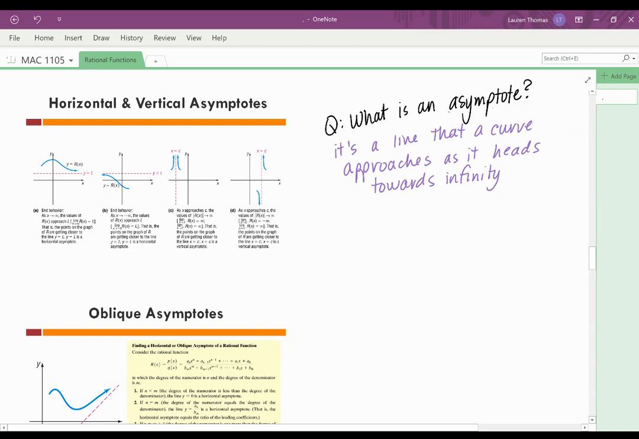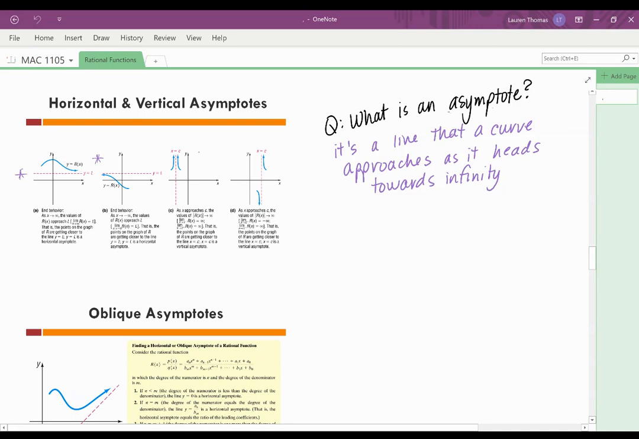Okay, so there's three different types of asymptotes that we're going to look at. We're going to be looking at horizontal, vertical, and oblique asymptotes. Okay, so a horizontal asymptote looks just like a horizontal line. So right here, these are your two cases for horizontal asymptotes. You'll notice that when we draw them in, we use dashed lines. Also, if you're trying to draw these functions on a calculator, you're not actually going to see the asymptotes,